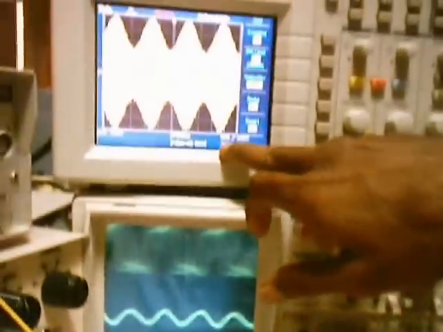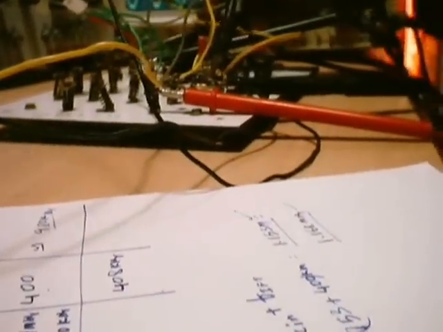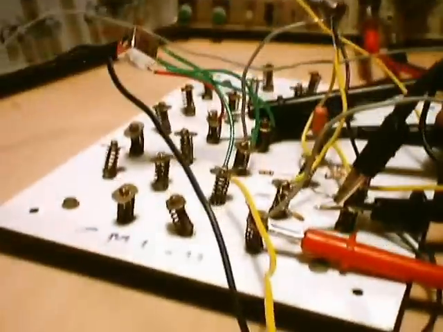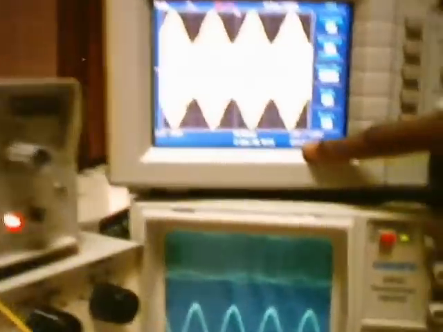Let us first measure what the output frequency is. So output frequency, you can see it is 408 kilohertz. This is 408 kilohertz, and we shall measure what is the FLO frequency. FLO frequency should be the sum of FC in plus FIF. So as you can see here, it's coming out to be 653.9 kilohertz.